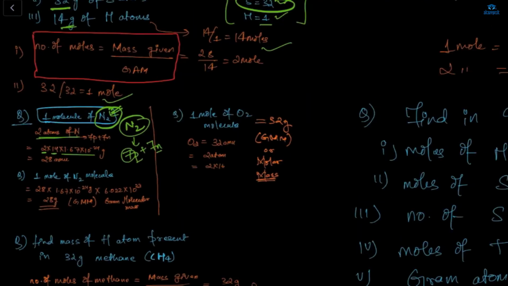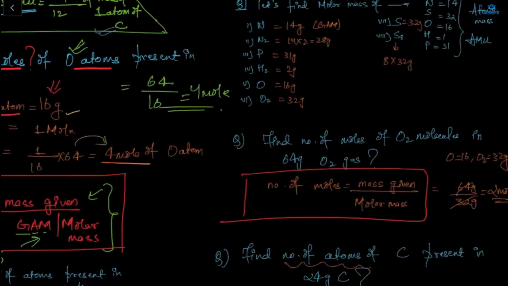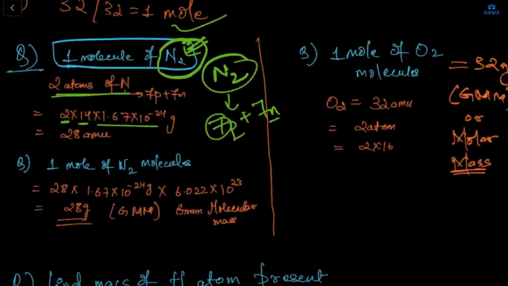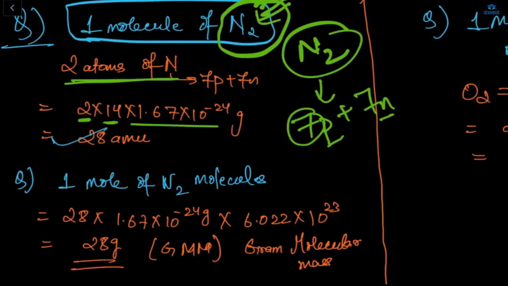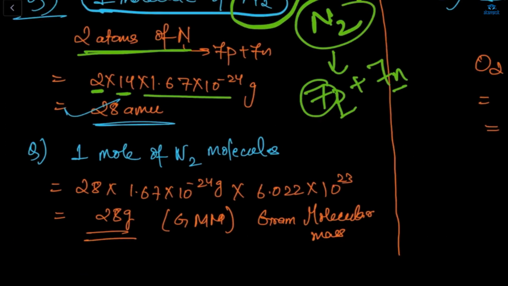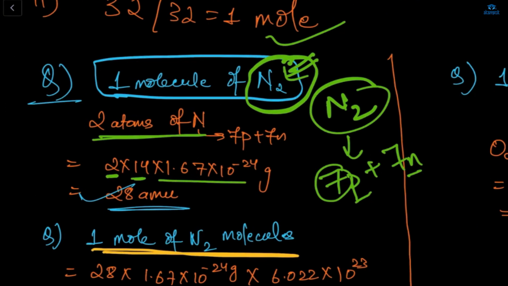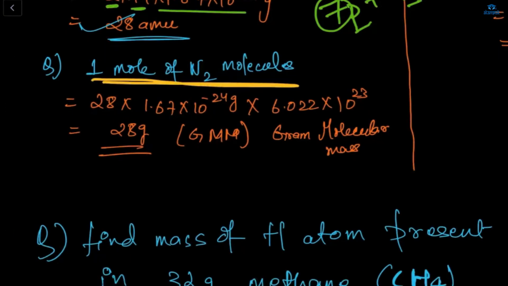mass we already discussed, which is 1.67 into 10 to the power minus 24. So here we can easily apply this formula. So we got 2 into 14 into 1.67, which is 28 atomic mass unit. Next, what about 1 mole of N2 molecule? Here we discussed 1 molecule of N2 and now we will discuss what is 1 mole of N2 molecule. So here your N2 is 14 into 2 which equals 28, and we